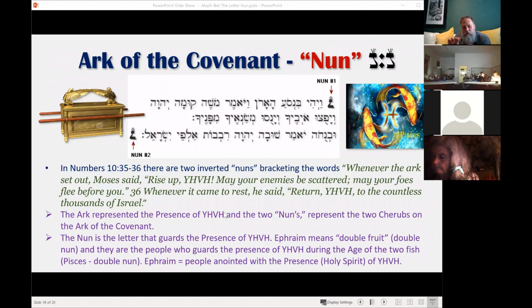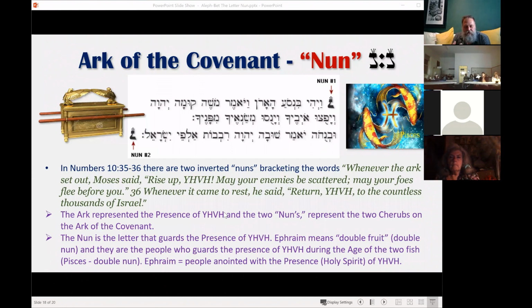They are the ones with the double Nun, or the double fruit. That's what Ephraim means. They have the two Nuns. They've got the small one as well as the large one. They are reborn, and they are a priesthood that operates during the time of the Gentiles, or the Age of the Gentiles, to bring people into the presence so that they can engage with the rod of Aaron, which is a Tanin and Leviathan, to be reborn again. They engage with the Mem and the Nun, which is the manna, which is supernatural food that leads to fruitfulness as a result of the word.